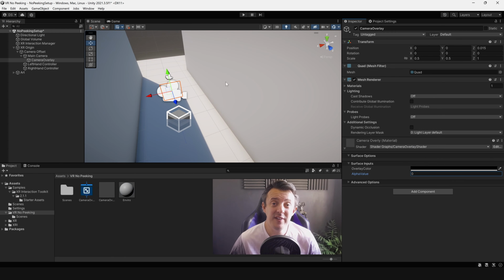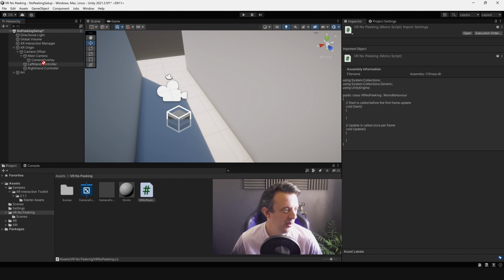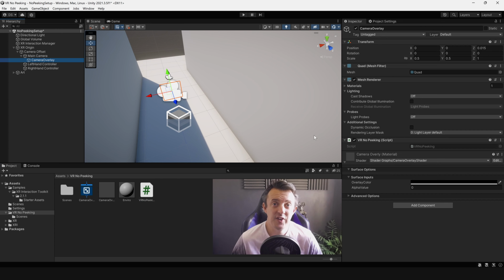And the third part of this is going to be writing the script now, which is going to detect when we've hit a wall and it's going to fade up that quad. So we're going to create a new script, a new C# script. I'm going to call this VR NoPeeking. So go ahead and drag and drop that on our camera overlay and double click it to open up in